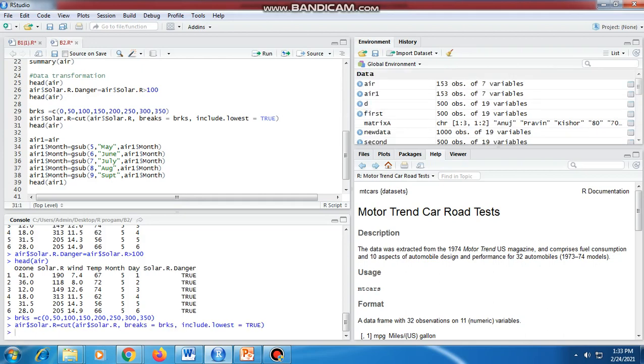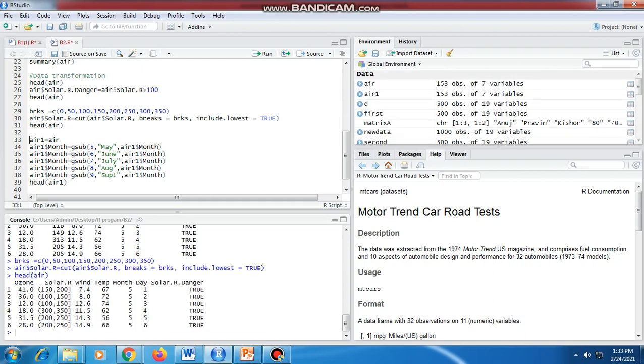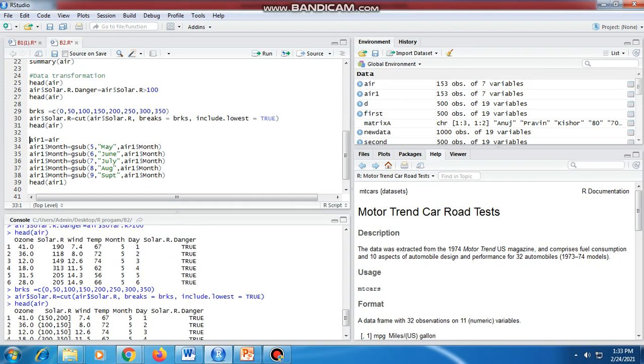If we print it, initially the value is 190, so it is between 150 and 200. The second value is 118, so it is between 100 and 150, and likewise.